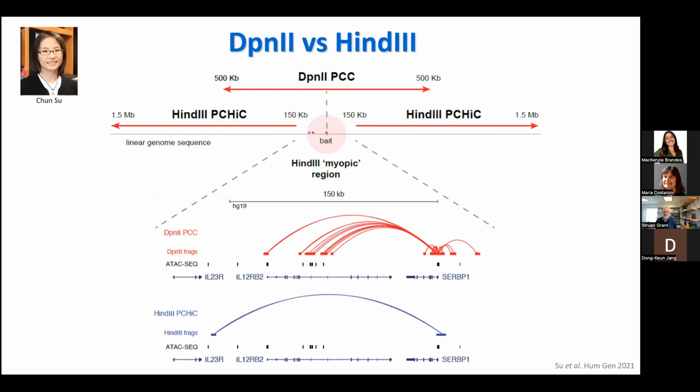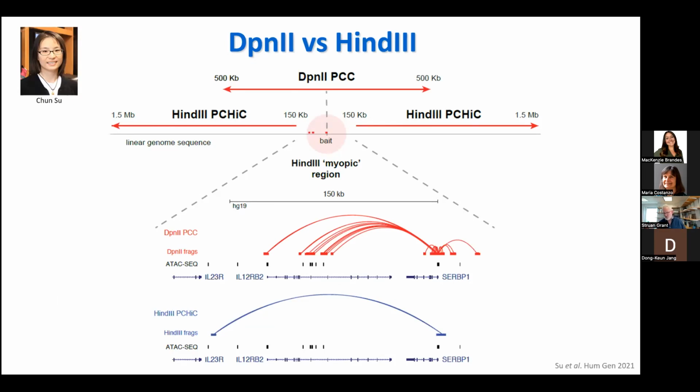When I talked about resolution, this is pretty important for us, and Chun Su in our group studied this. Looking at the promoter capture Hi-C I was talking about with that Cell paper, that was done with HindIII, which is a 6 cutter, so a relatively infrequent cutter, and we were using DpnII, which is a more frequent cutter, so we just chopped the genome up in smaller chunks.